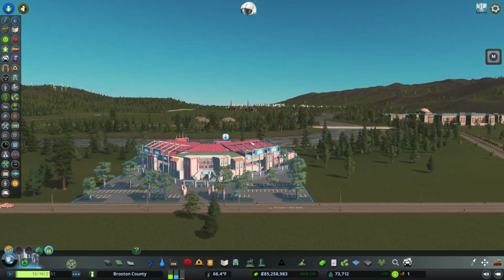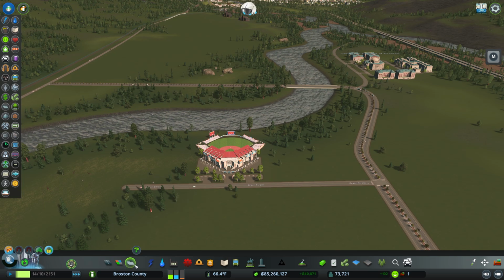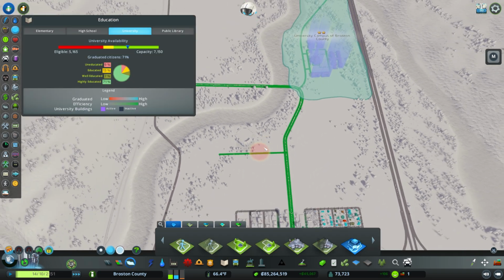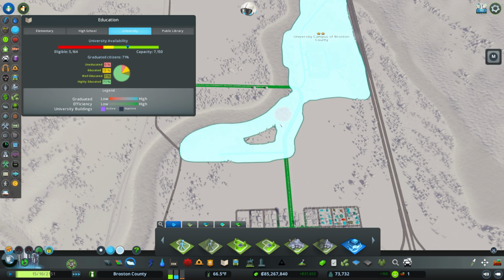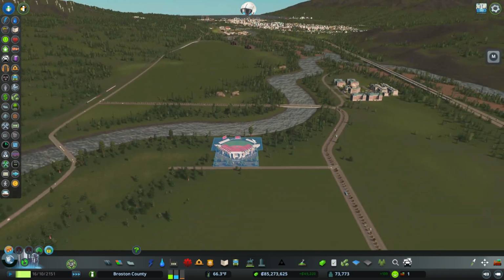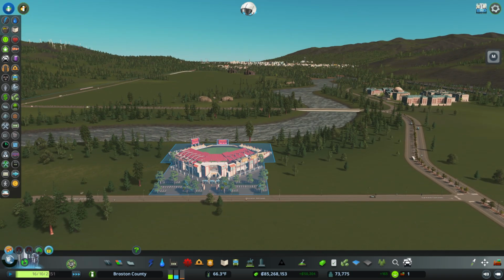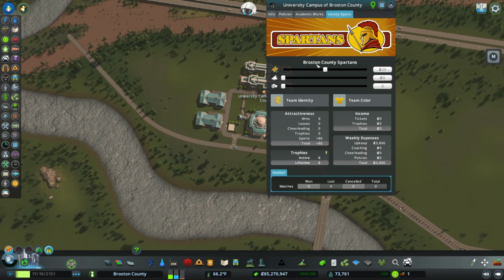So this one's going to be over here on this end of the town. But we do want to make sure it is part of our campus. So we're going to extend this on over, and we're going to do more in this area than just this. We're gonna have stuff and things here. But this will help with the campus area, so we should now be able to come here to varsity sports,